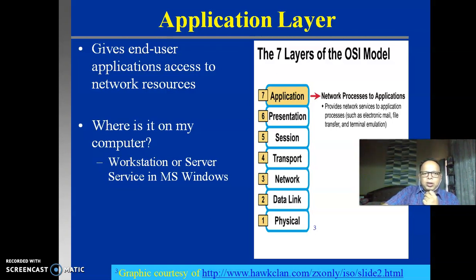Now you would like to locate where this layer is on your machine, on your node. So this is in the workstation or server service in MS Windows. So you can't separate the functioning of the network from the operating system. This all goes hand in hand, and therefore you will find that these things have been taken care of even in the operating system.